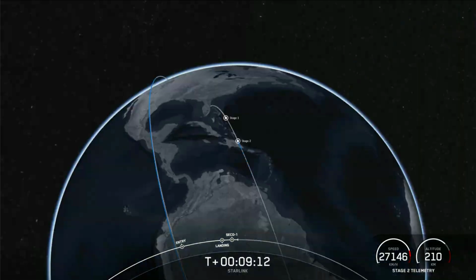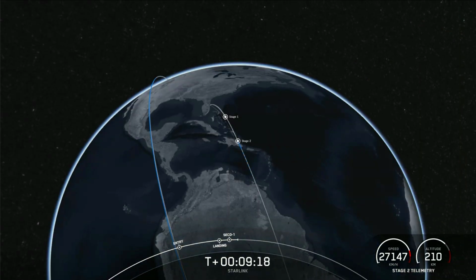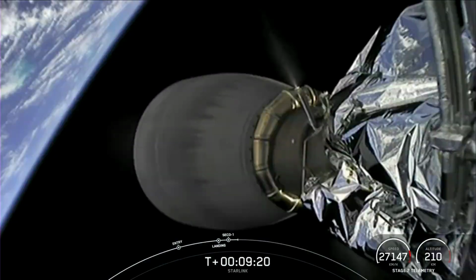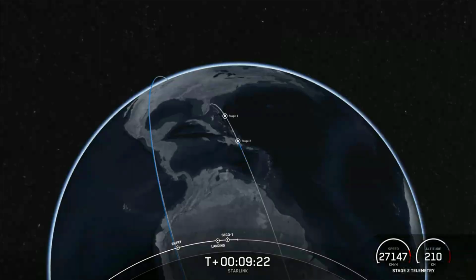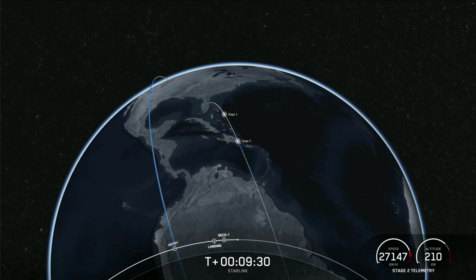Good orbit insertion. So during that time, we also got a successful second engine cutoff of the second stage, and you just heard the call out for good orbital insertion. And as previously mentioned, although payload deploy is scheduled to occur around the T+15 minute mark, we won't have ground station coverage to confirm successful deployment until about